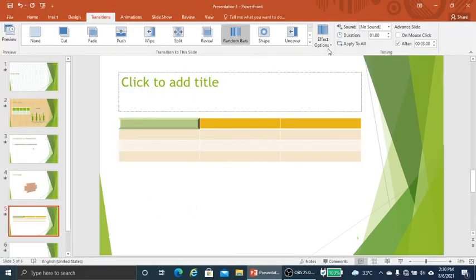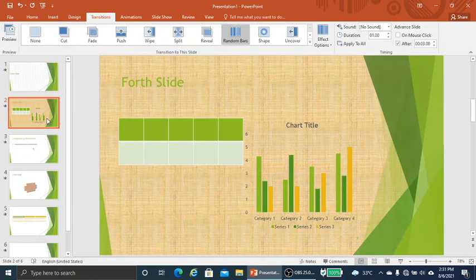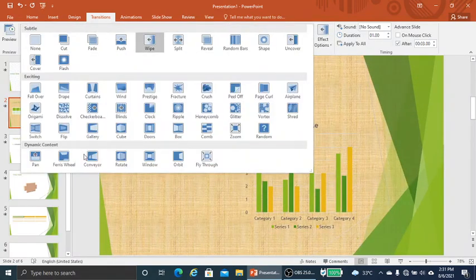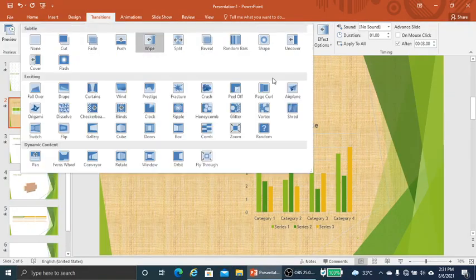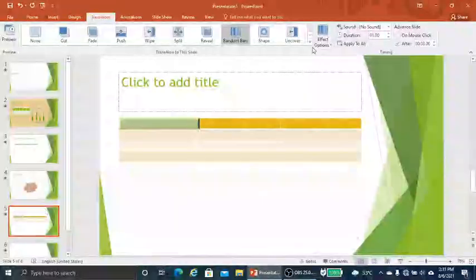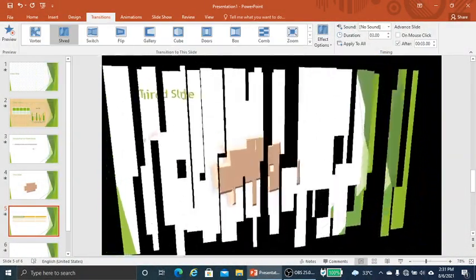And if you want each slide to have a unique design, you can choose card for number one, and for the second one you can choose any other. We can see there are many types of designs there. Say the third one is this one, then this one, like this.